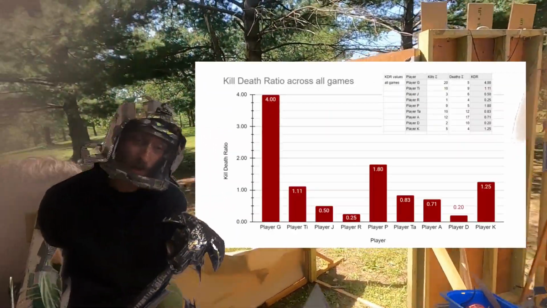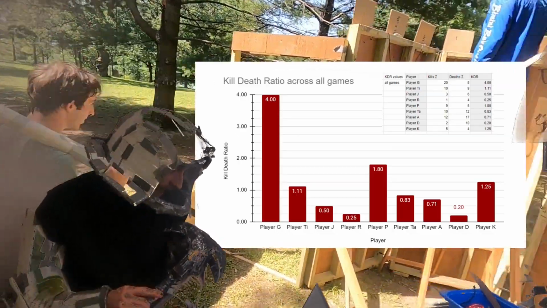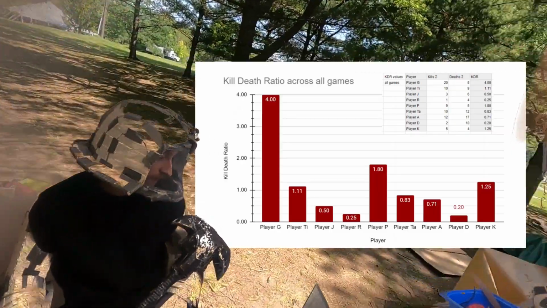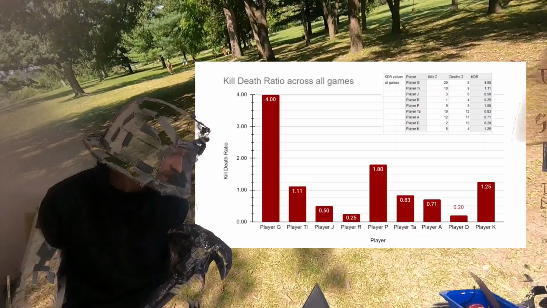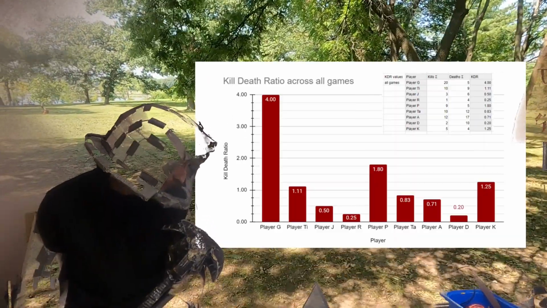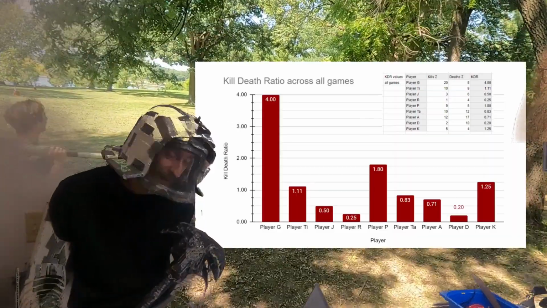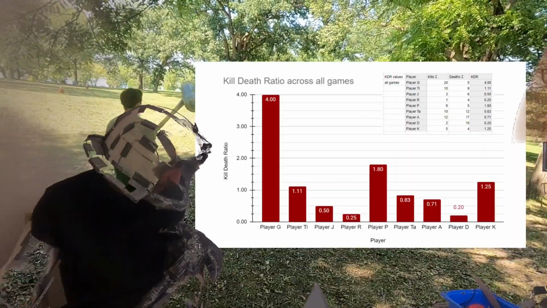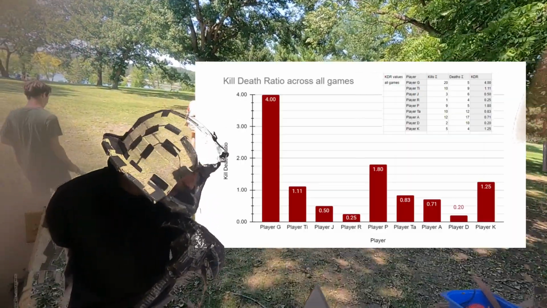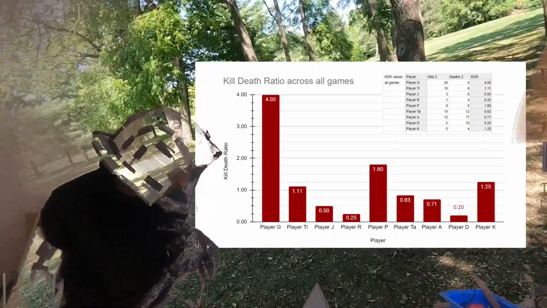My average KDR for the first event was 4, with 20 kills and 5 deaths, though I know all my deaths are accurate because I watched all of them, but I'm not sure if all my kills are, so that might be lower than it really is. Player TI with a KDR of 1.11, player J with a KDR of 0.5 with 3 kills and 6 deaths, player R with a KDR of 0.25 with 1 kill and 4 deaths, player P with 9 and 5, so a 1.8 KDR. Dang, they got 7 kills in 1 game, so 7 of their 9 kills came from game 3.